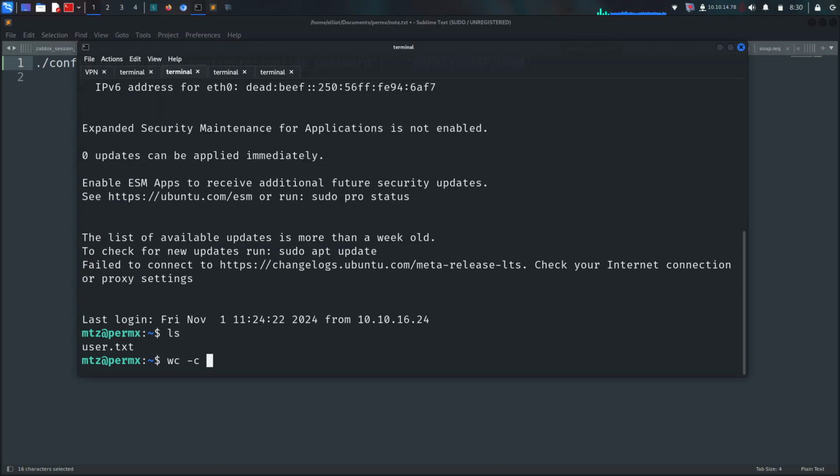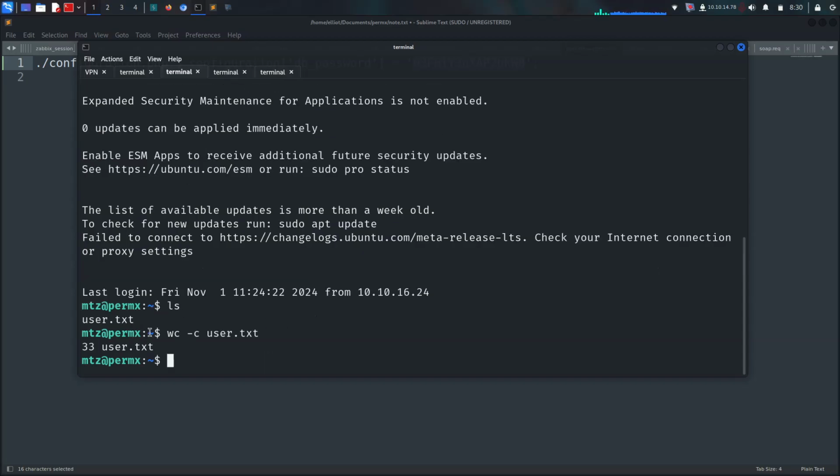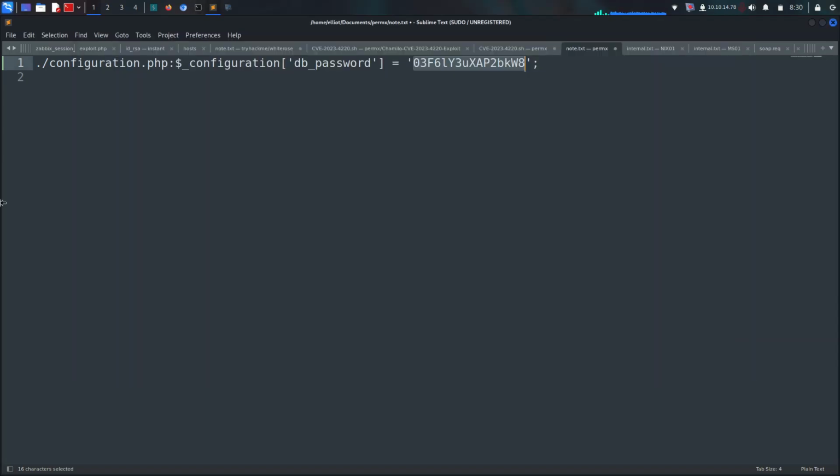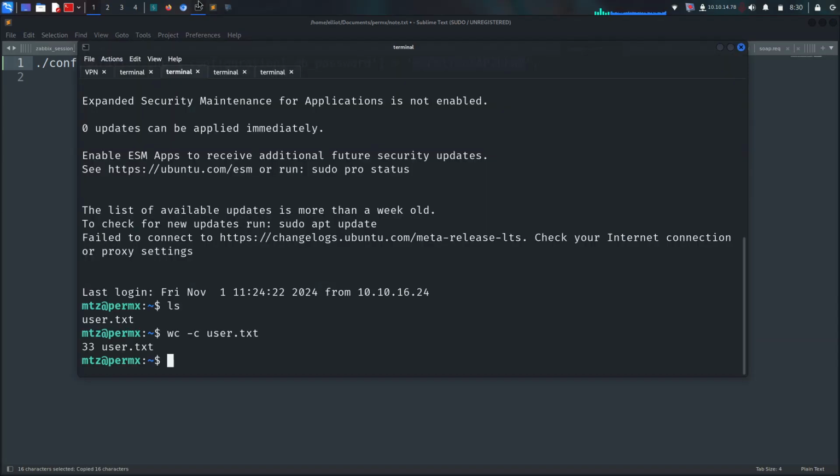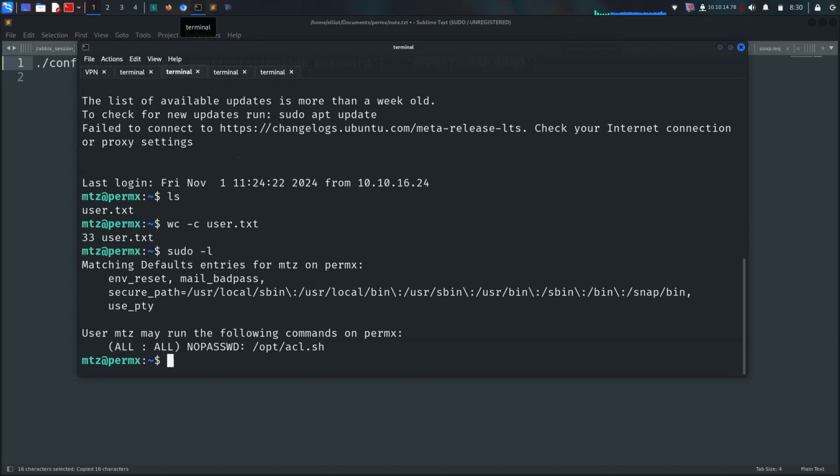So here we grab user.txt, and then you can grab your user.txt. It's over here. So if we have a password already, we can try directly sudo -l, and then there is no need to give here any other password, because it's working here with no password on opt acl.shell. So let's try to read it